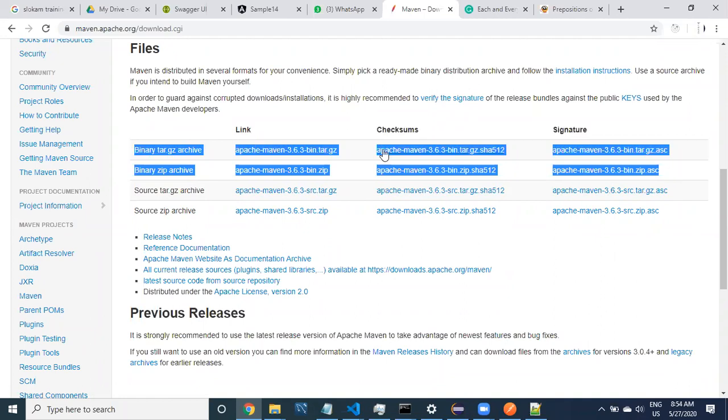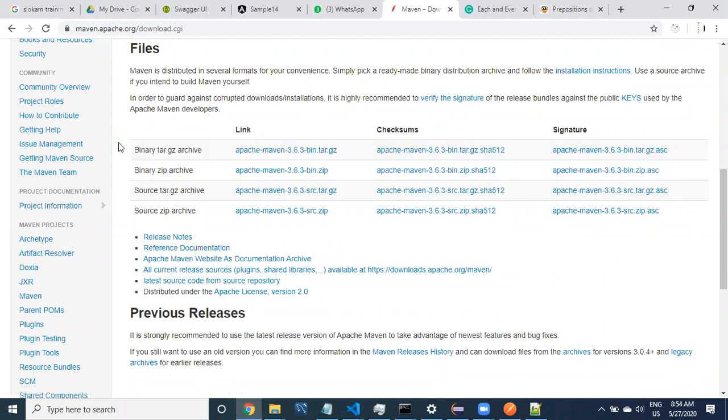Then binary versions, we have to select the binary versions again. You can select binary version zip file. Okay, you can select Apache Maven. So the bin.zip file. The tar file and all is used for Linux machines and Mac machines, but for Windows machines, this is going to be useful.